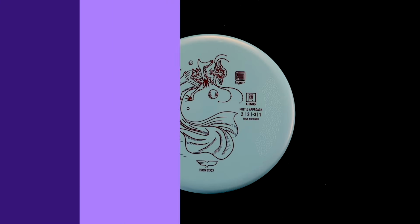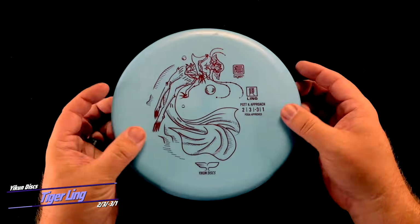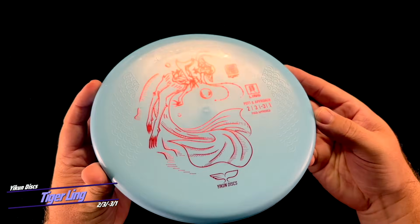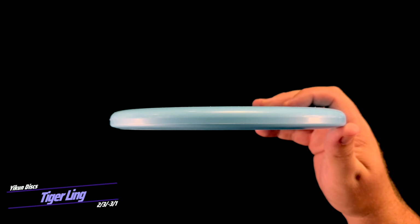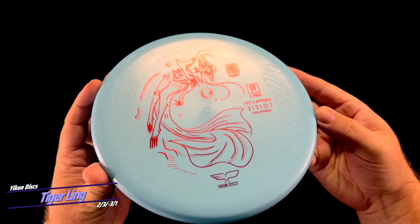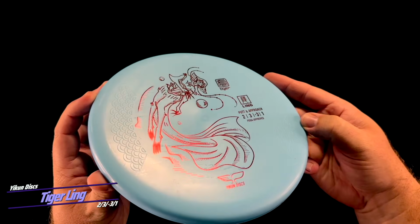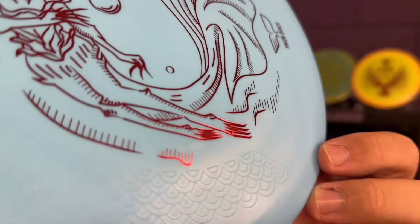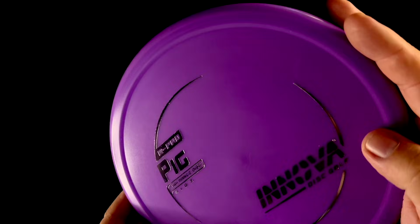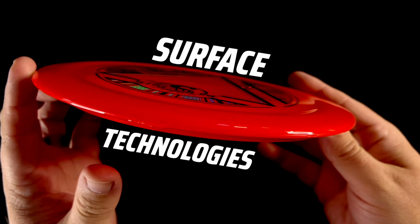And we'll begin with another disc you've probably never heard of, the Ling from Yikun Discs. The Ling is a really interesting disc. It's shallow, it has this sharp angle on the bottom of the rim, but most notably has a raised design on the top that adds some extra grip. This is what's referred to as a surface technology. Most commonly associated with thumb tracks and groove tops, we covered this in a recent video in this series, which